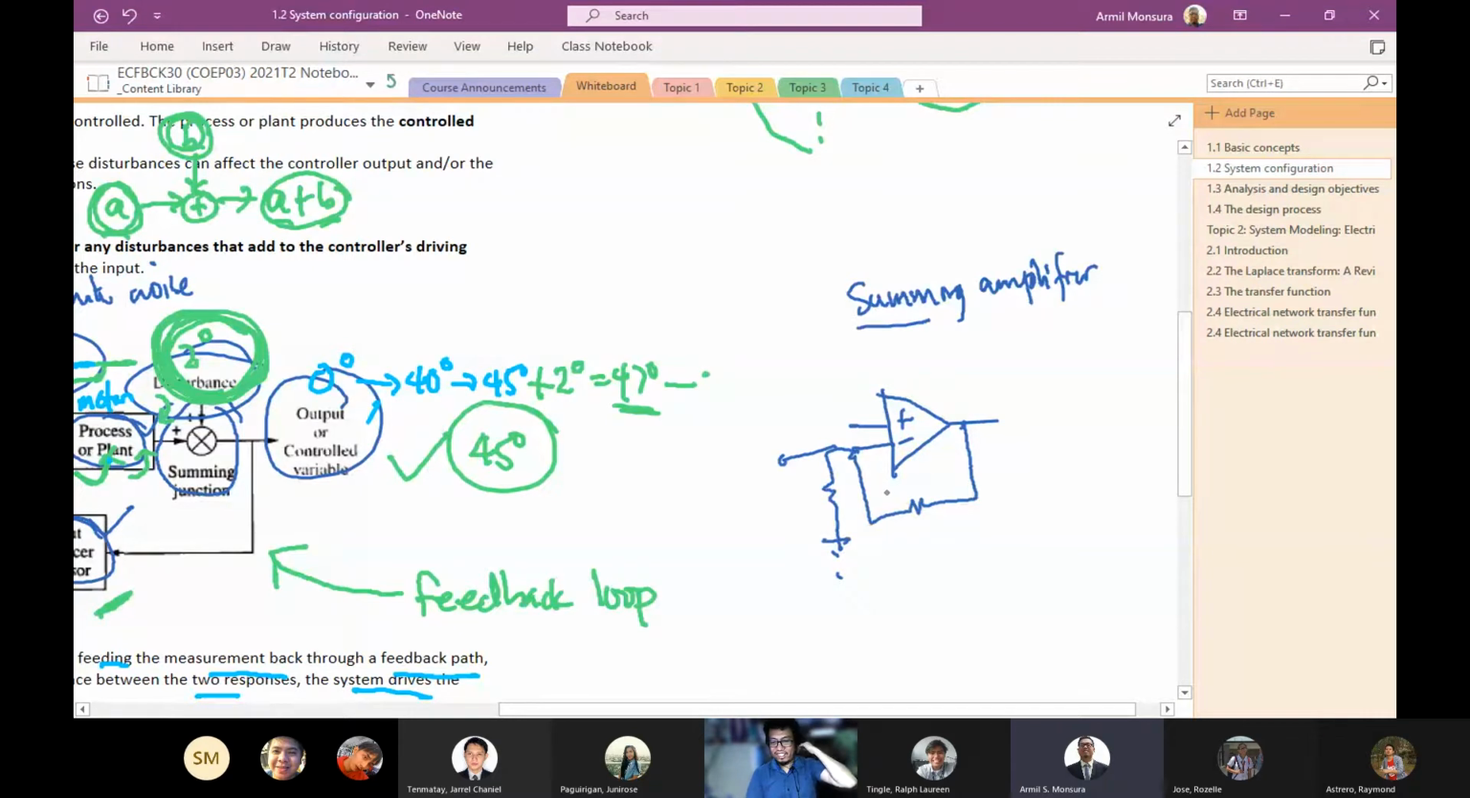Okay, so I hope nadaanan ninyo ito, summing amplifier na ito. Because basically, what your summing amplifier does is that it adds up signals into your op-amp. So you use the op-amp to actually add signals. Okay, so in this case,